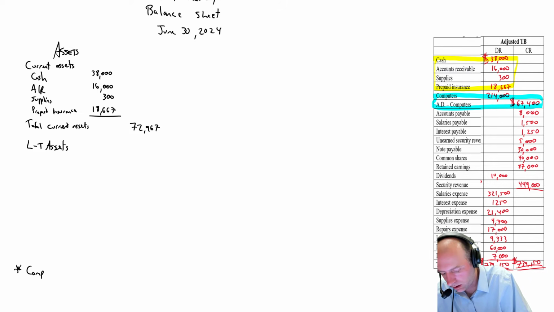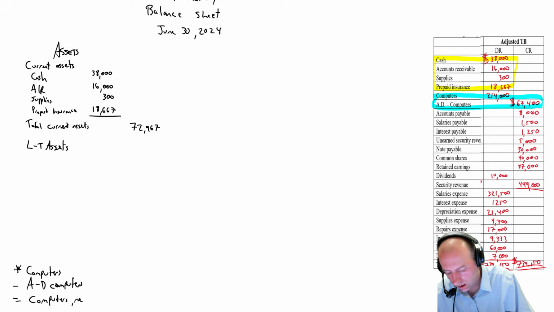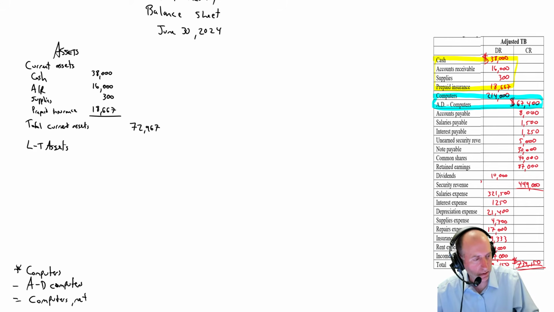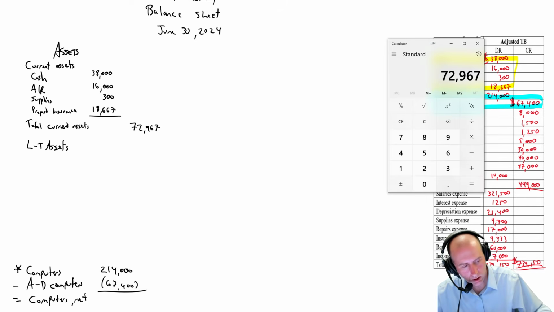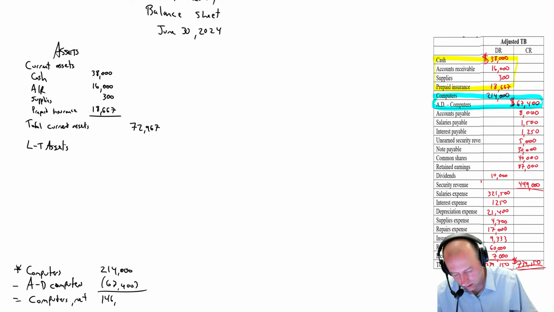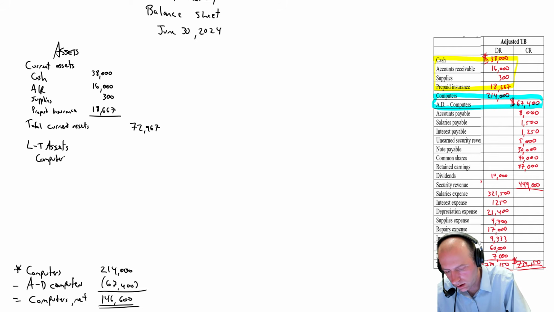I'm going to say computers minus AD computers equals computers net. The net book value of our computers is the computers minus any depreciation. So 214,000 minus 67,400 equals 214 minus 67,400 equals 146,600. That number is what goes on the balance sheet. Computers net